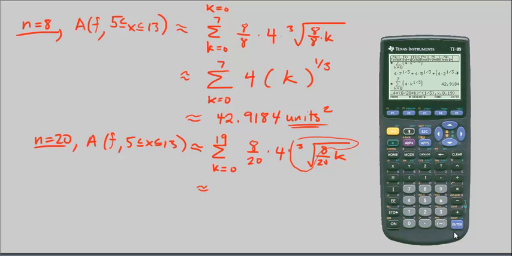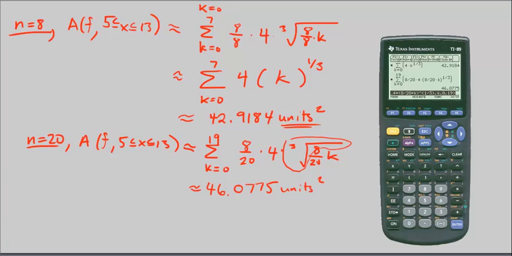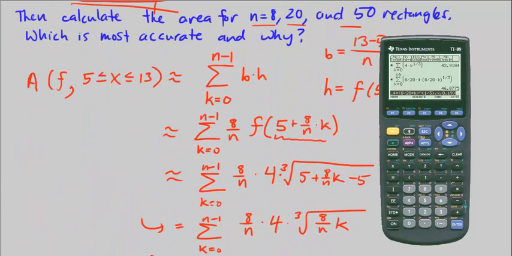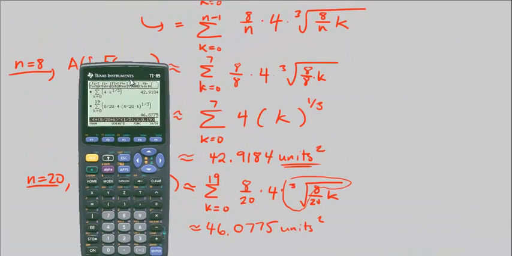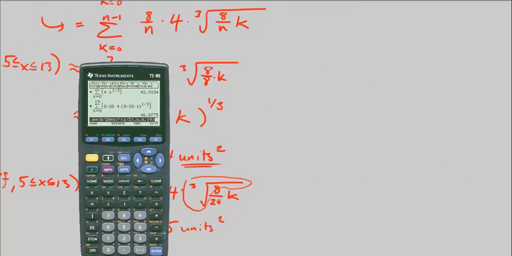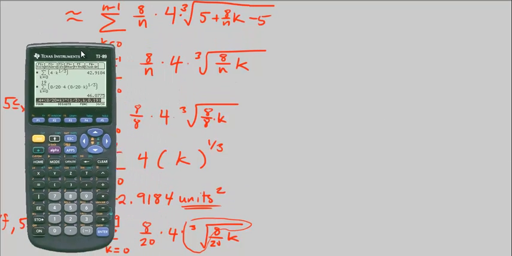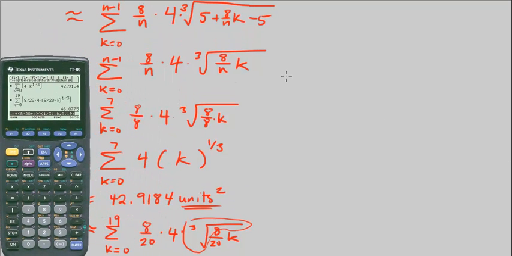Okay, let's go ahead and just get the approximate value, and that's 46.0775 units squared. Okay, so let's go ahead and do, for n is now, we're going to do 8, 20, and 50 rectangles. Okay, so let's just move it over to the right a little bit. Alright, so now for 50 rectangles,